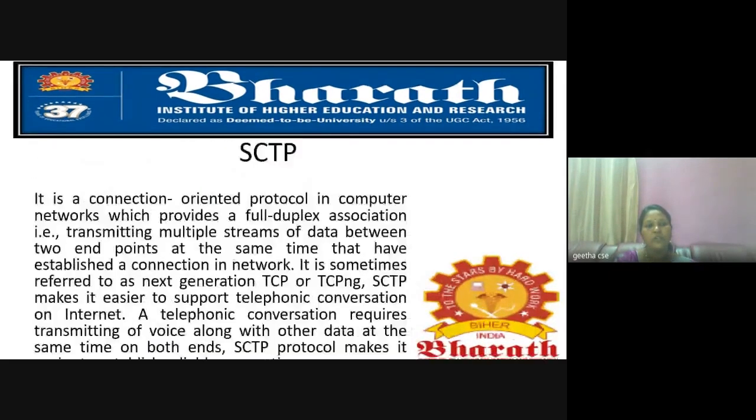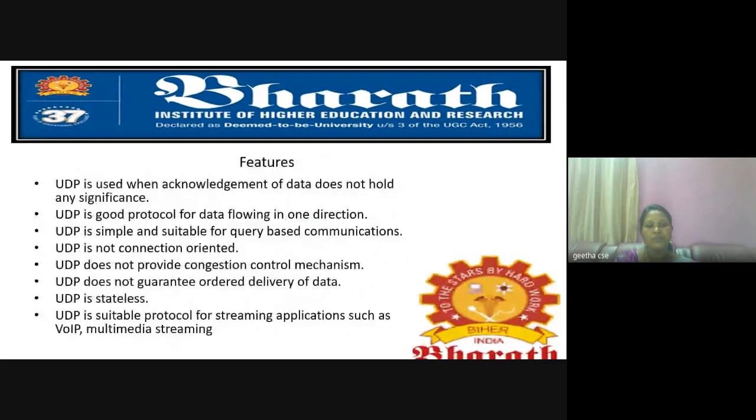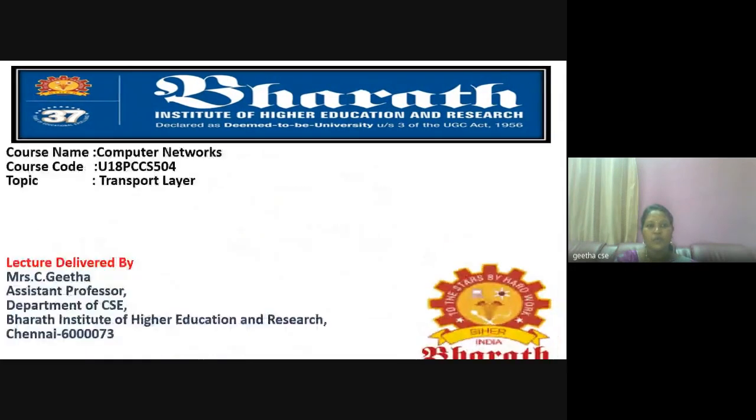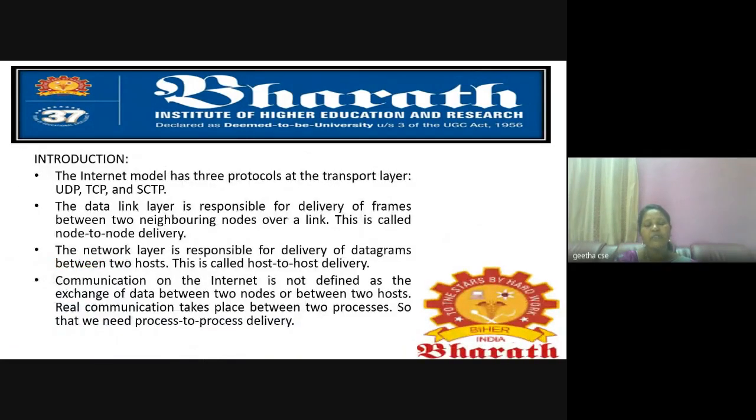So these all are the concepts about the transport layer. Let me recall the points. The transport layer is used as a mediator between the lower level layers and the upper level layers. Lower level layers are the data link layer, physical layer, and network layer. Upper level we have presentation, session, and application layer. In the transport layer we have three protocols. Important protocols are UDP, TCP, and SCTP. TCP is very important,